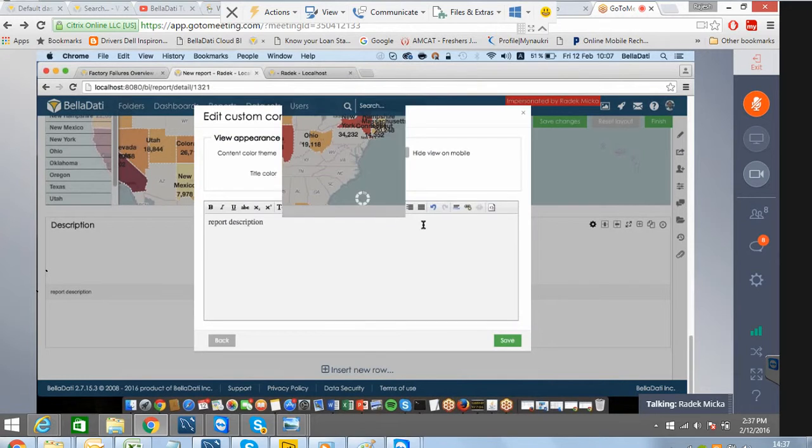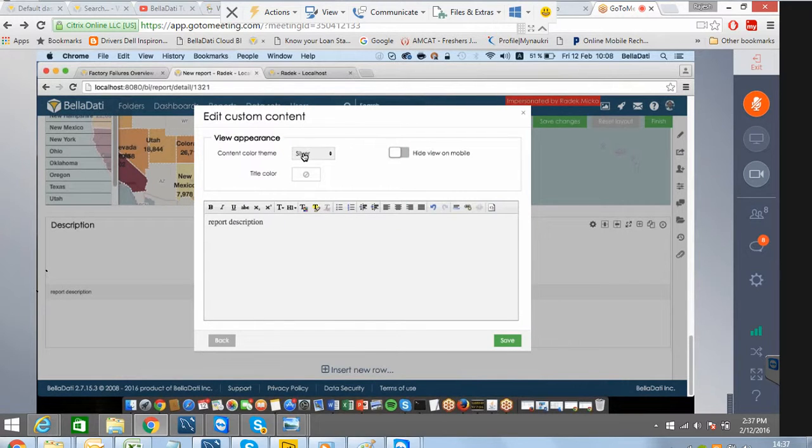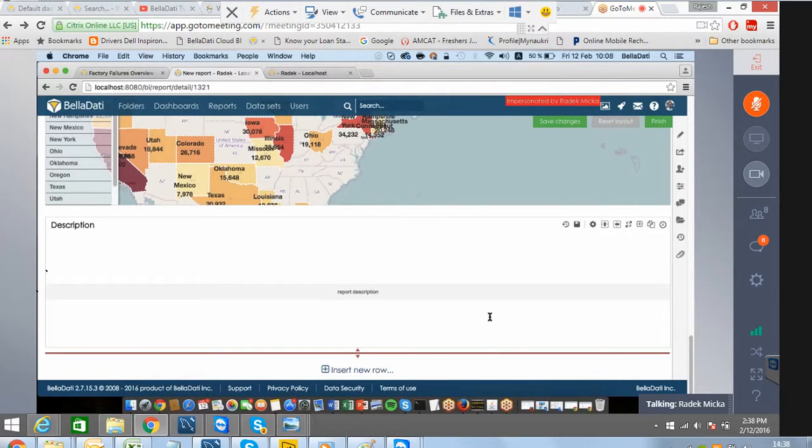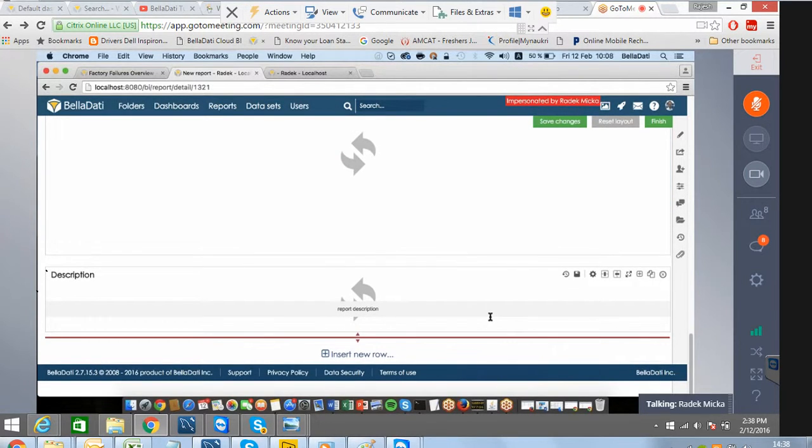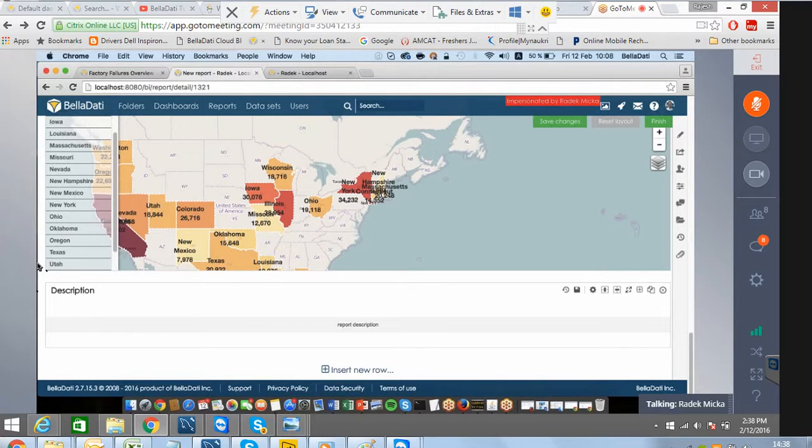You can change what's the background, what's the color, what's the color of the title. You can also change the formatting of the values, how it's aligned and stuff like this. These options are basically the same as in the other basic editor, so I don't think that we should focus on this one. Okay, so now we've created a report,